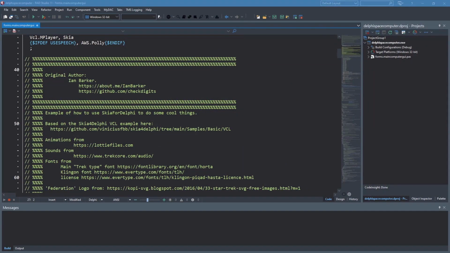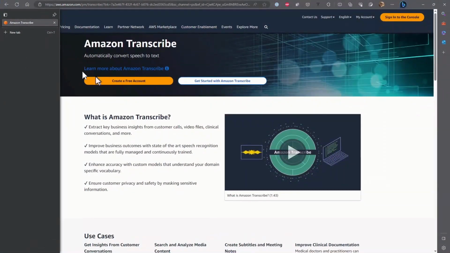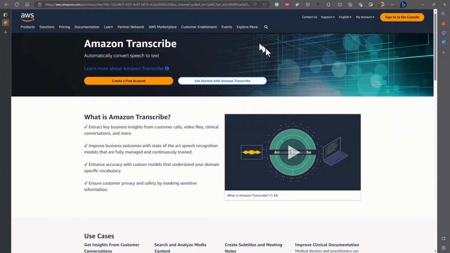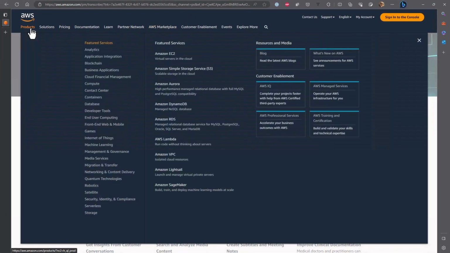What you will need to do is go to Amazon, and they have an AWS account. I'm not going to do this, but they've got a bunch of products in here, and you need to sign up for an AWS account and then create some SDKs. Now, I'm not going to go through that in this demo because I don't really have enough time to do it, but the